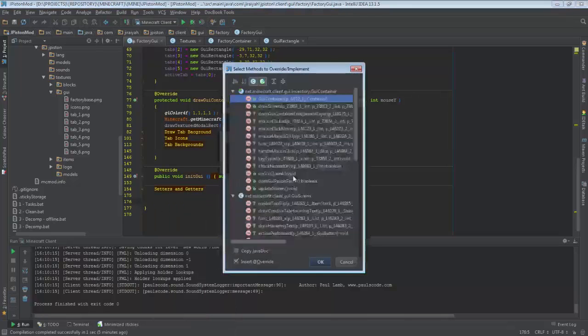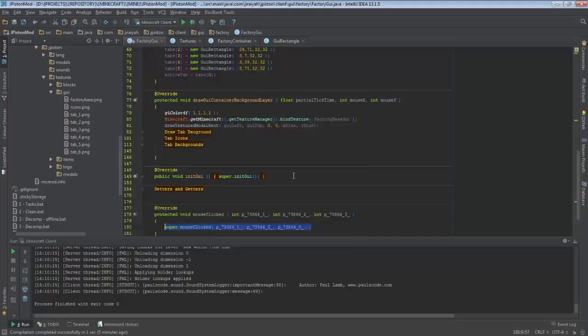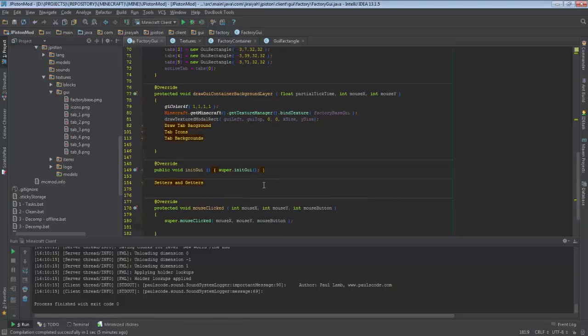Now, the override method is mouseClicked, and it has, of course, a mouse X, a mouse Y, and finally it has mouse button, the button we clicked on the mouse. Okay, we first call super. Now after that we check first if